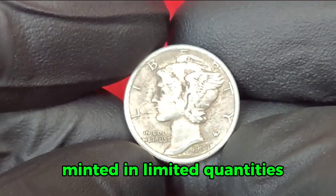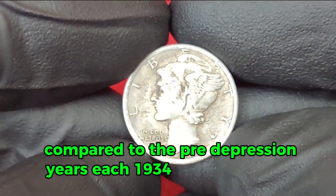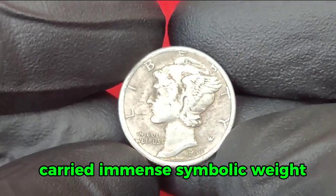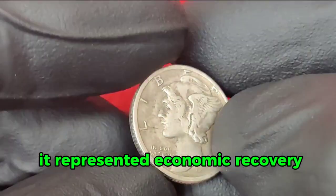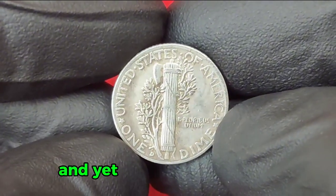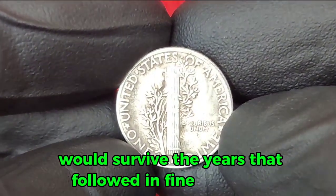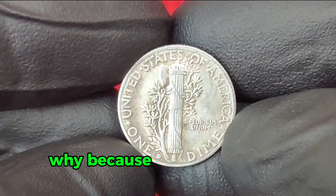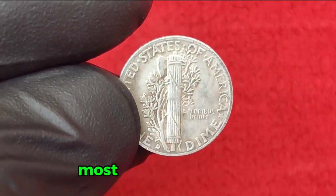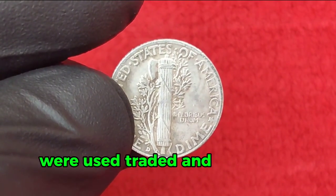Minted in limited quantities compared to the pre-Depression years, each 1934-D Mercury dime carried immense symbolic weight. It represented economic recovery, artistic pride, and national rebirth. And yet, so few of these coins would survive the years that followed in fine condition. Why? Because silver was money, and money circulated fast. Most 1934-D dimes were used, traded, and worn down